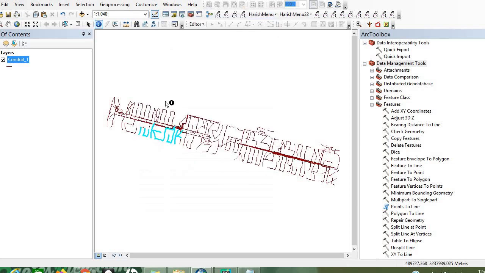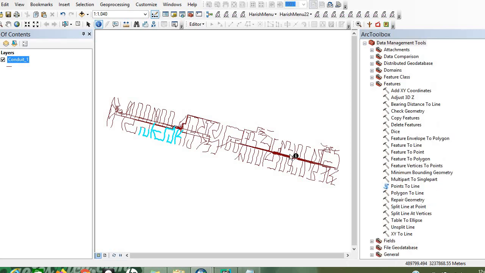Next, I want to convert this particular shapefile to line, and convert the same shapefile to point, polygon, and vertices to point. These are the 4 different operations that I am going to perform. I will give you the shapefile folder, which has 5 to 6 shapefiles. If you want, you can practice also. For that you need to have ArcPy and PyCharm software.